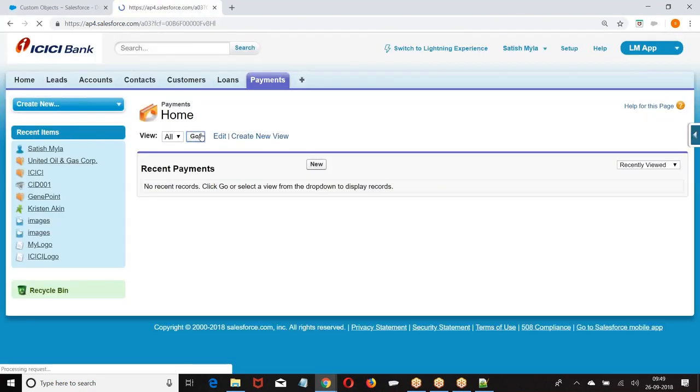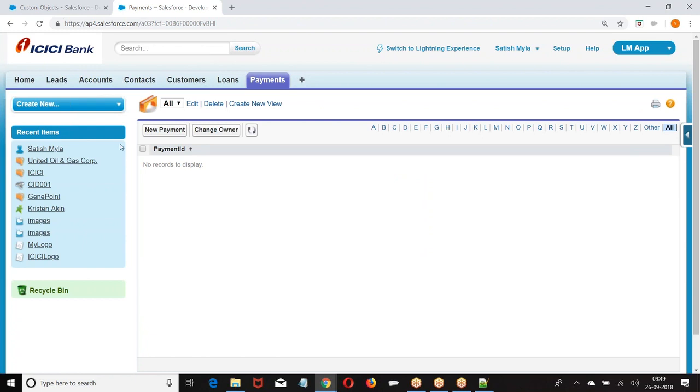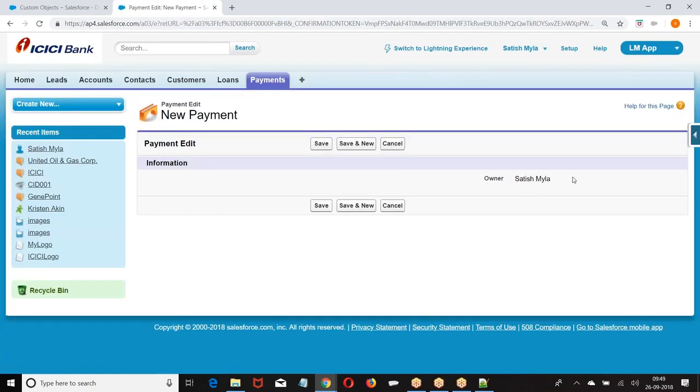Do you have any data in this object? There is no data. When you click on new payment, do you have the owner field? Yes. Why? There is no master detail now. It is an empty object and it is a custom object. So can I create a master detail? Yes. So how do you create